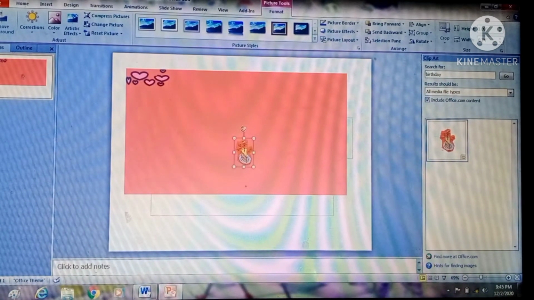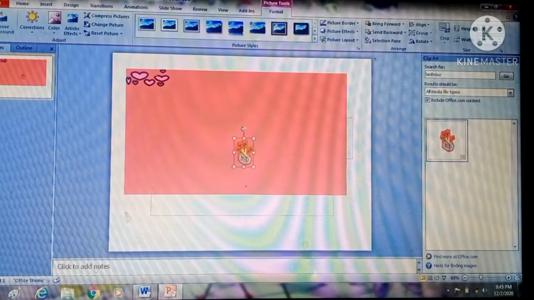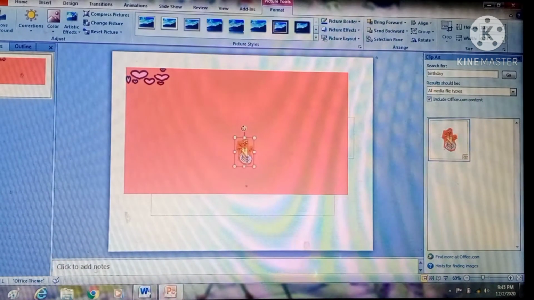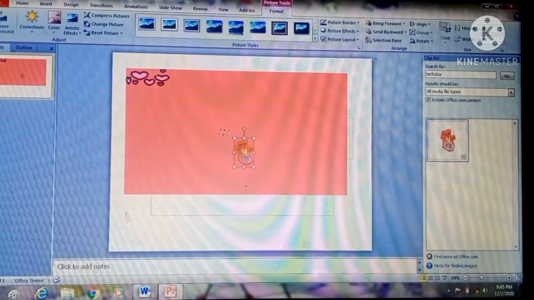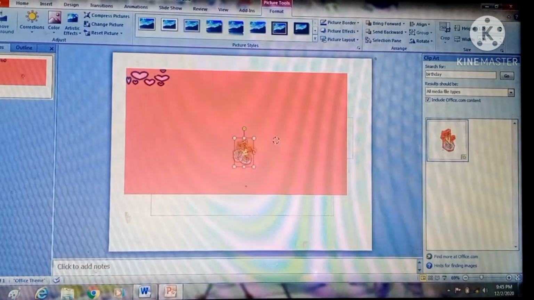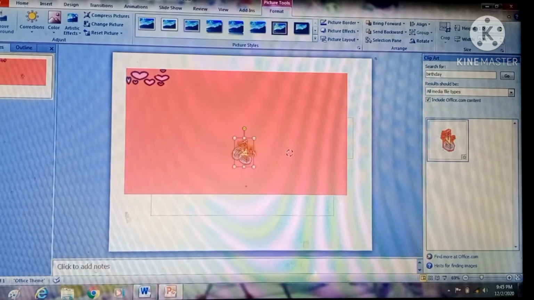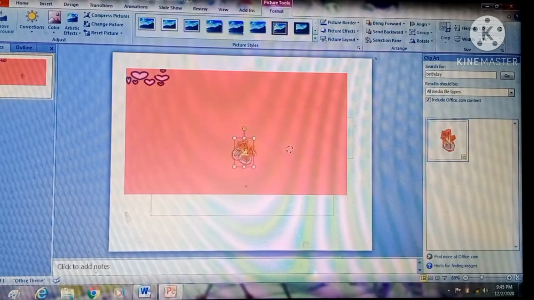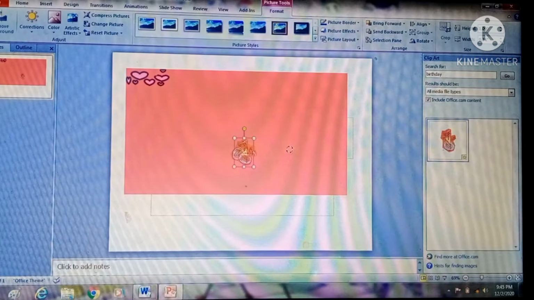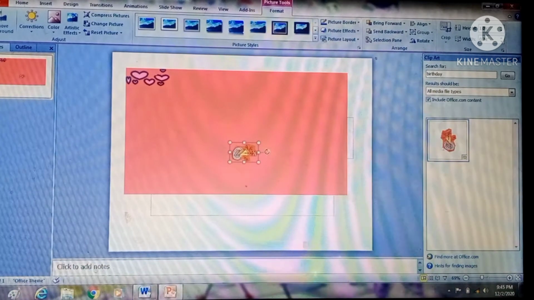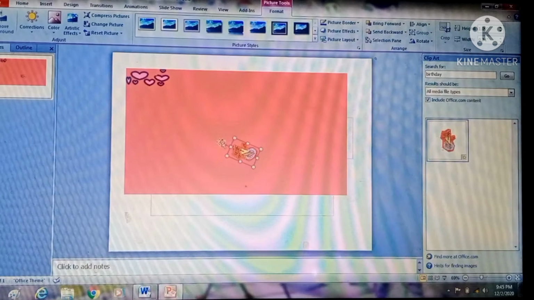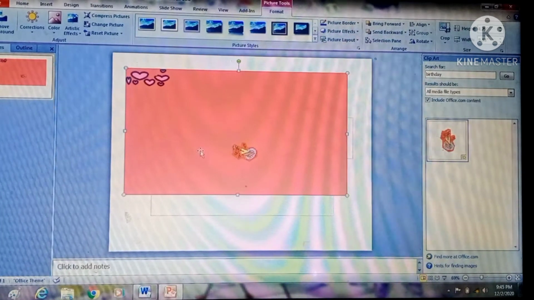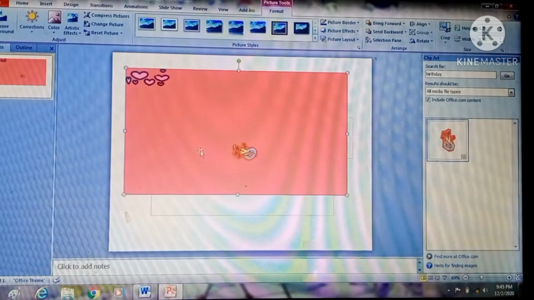We can rotate 90 degree right, 90 degree left, flip vertical and flip horizontal like this. Like this you can see I am rotating the picture. If I do it here, then this is right 90 degree. Rotate. Now the picture is this. Again this rotating handler like this. So by this method you can rotate your images.